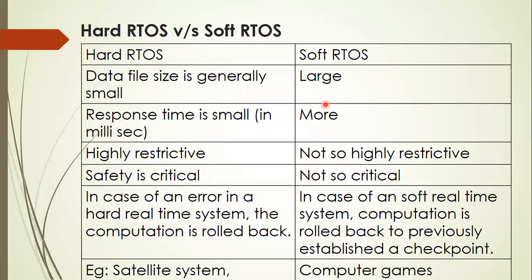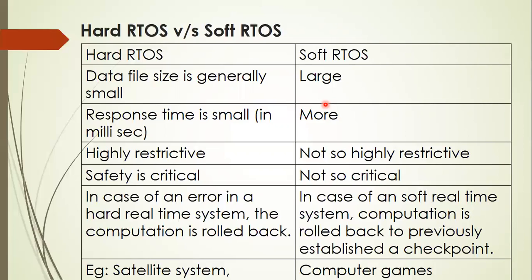Suppose we are processing 20 database records at a time. After processing the first 20 records, I will keep the first checkpoint. Then we start processing the 21st record to the 40th record. After finishing the 40th record, I keep the second checkpoint. Then we started processing the 41st record. At the time of processing the 41st record, something happened. In that case, all the 40 records will not be deleted, and you need not go back to the first record. At least there is the previous checkpoint at the end of the 40th record. Only the records after the previous checkpoint will go back.